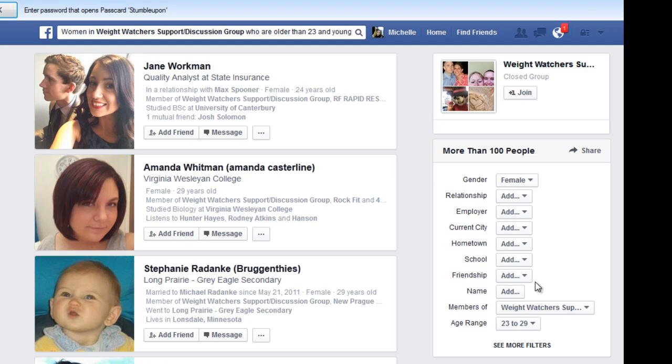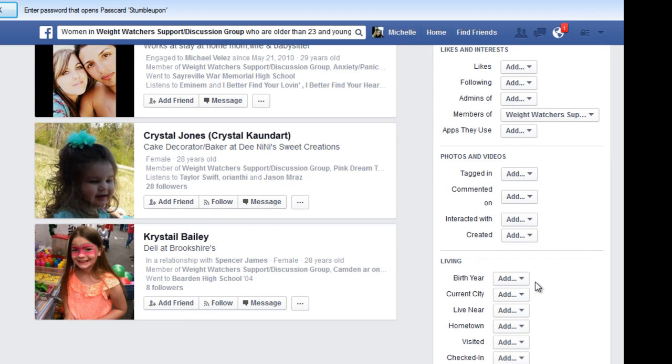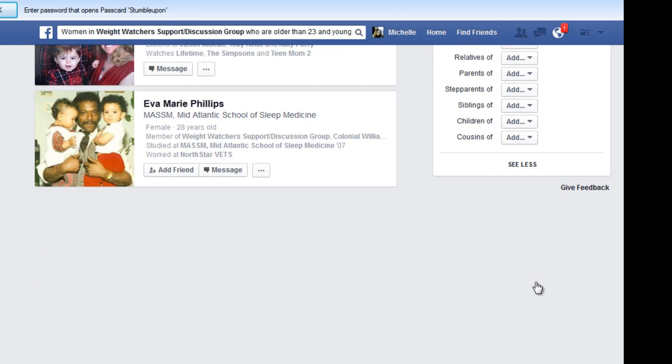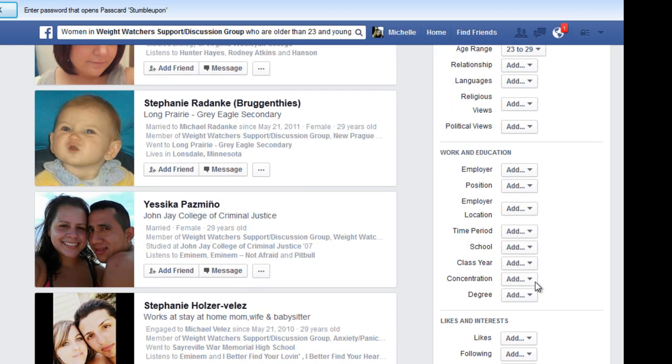I don't actually think ethnicity is part of Facebook's features yet, at least I don't think so. I've never actually gone by ethnicity. Let me have a quick look. It doesn't matter. The point is, once you have your group,